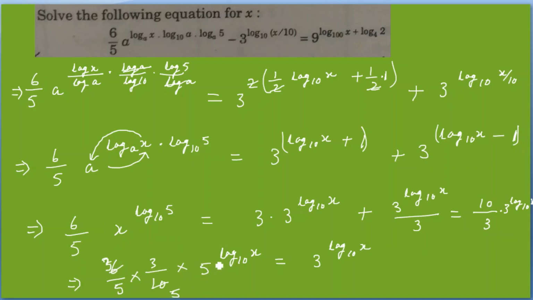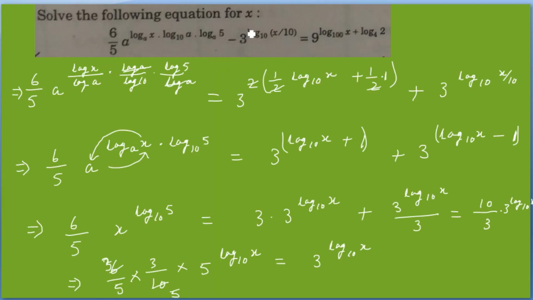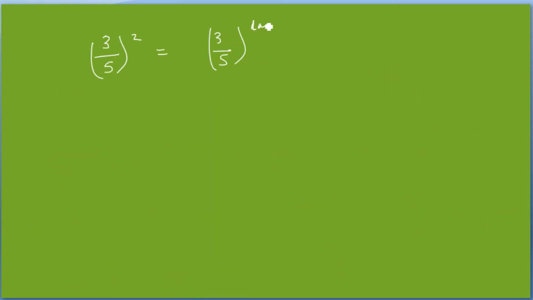So this can be written as 3 by 5 raised to 2 is equal to 3 by 5 raised to log 10x. With comparing, we can say that log 10x is equal to 2 or x equal to 100. So this one was good question, and hope you understand that. So thank you. We will meet in next